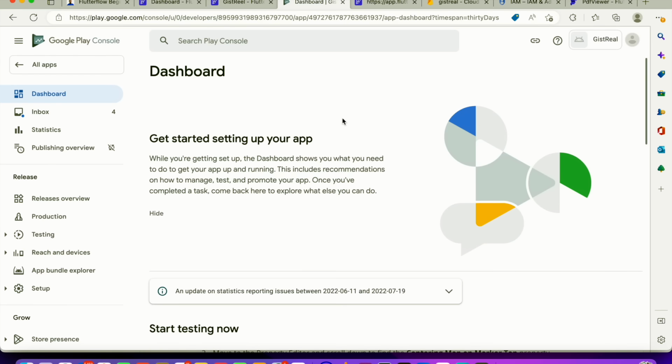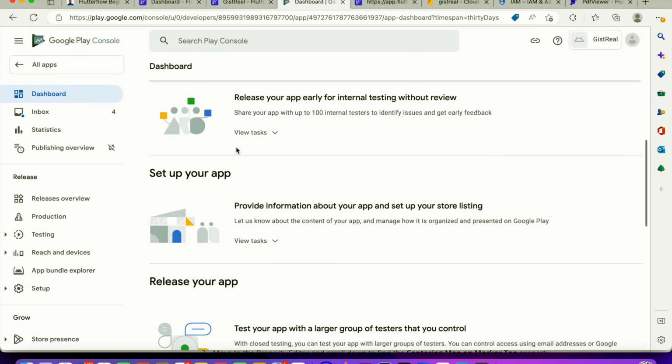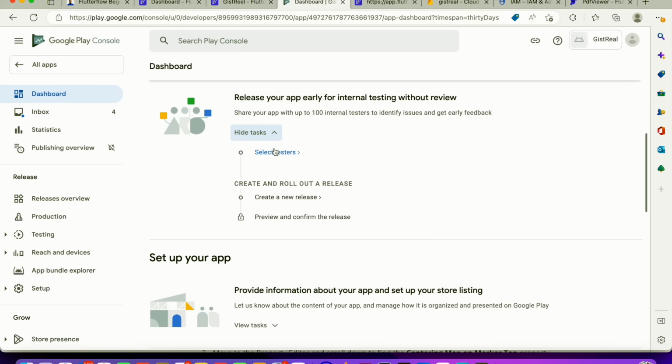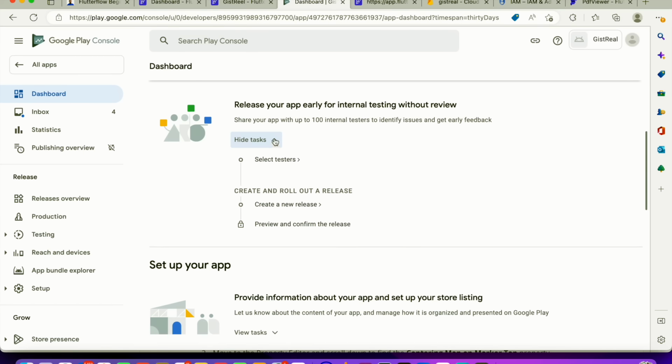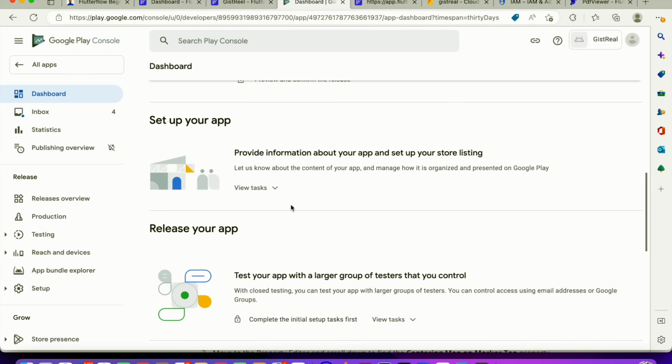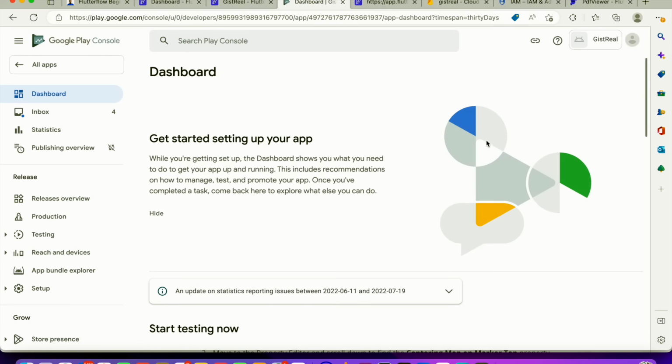So it's going to load a console for your application right there. And next, it's going to just tell you the things that you should do as you create an app. So first, it says share your app for internal testing if you want to, provide information about your app and your store listing, and release your app. So let's just launch it internally. Trust me, it's pretty straightforward. Let's launch it internally. So let's go ahead here